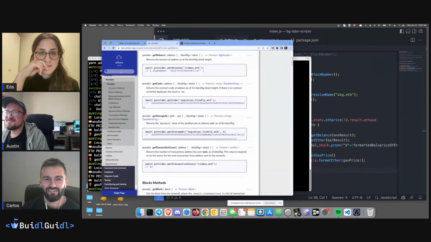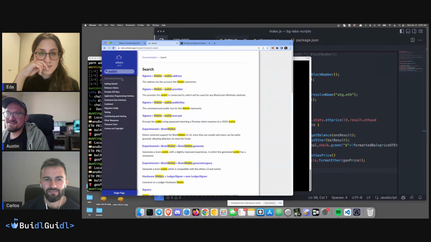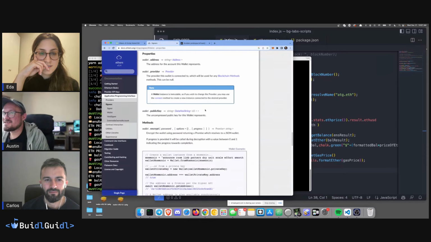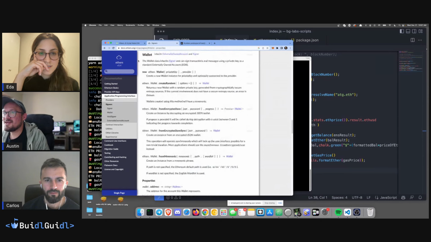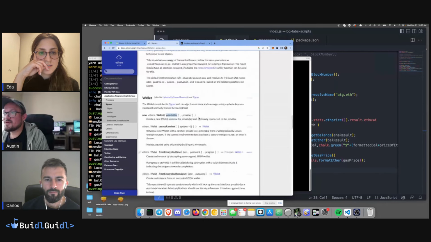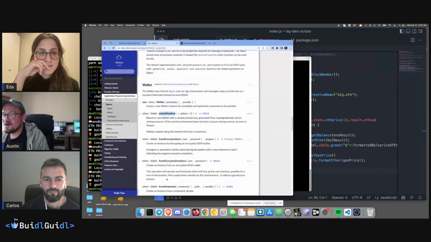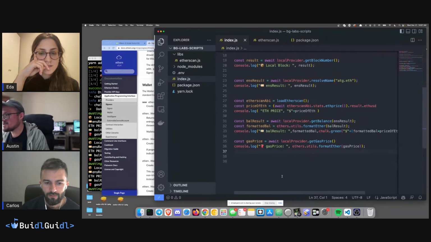But I can also find wallet here. While that thing is looking, we can search wallet and see how this works. So you can create a new Ethers wallet by passing in the private key. And you can probably generate a new wallet. Yep, create random is just going to give you a new wallet every time. So we could do something like, let's